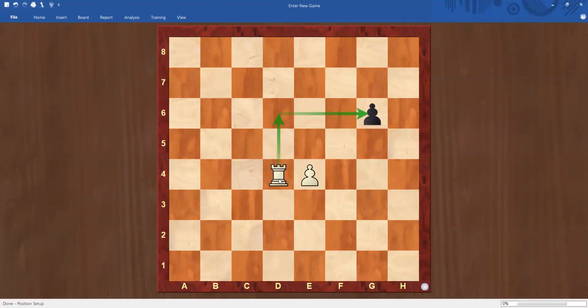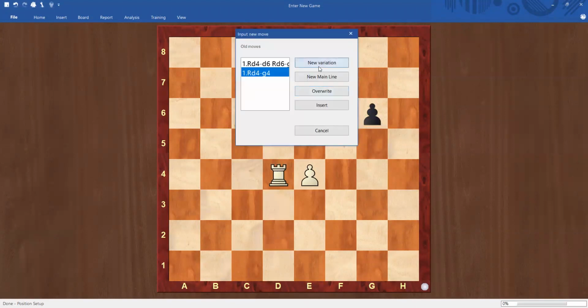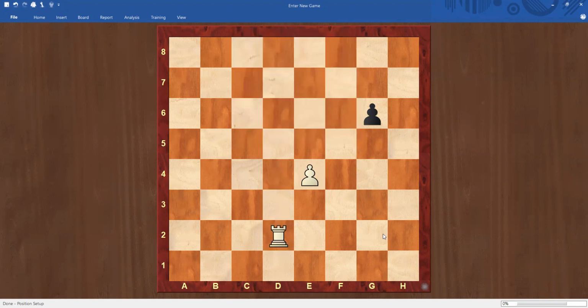So I can't jump over it. If I want to go another way, it will take more moves. But okay, rook on d2 or d1, then I have to play here and then kill it. Okay, I hope I make sense.